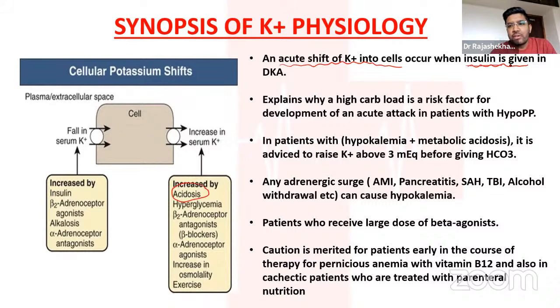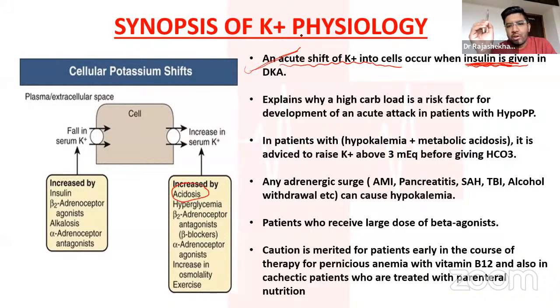If you give insulin, and if you are correcting the acidosis by giving IV fluids, whatever amount of potassium is there in the extracellular fluid is going to go back into the intracellular component, causing a sudden drop in the potassium, which might precipitate cardiac arrhythmias, which sometimes become serious in your patient. That's why you need to be very careful before giving insulin to any patient of diabetic ketoacidosis. The potassium should be normal, as a rule.